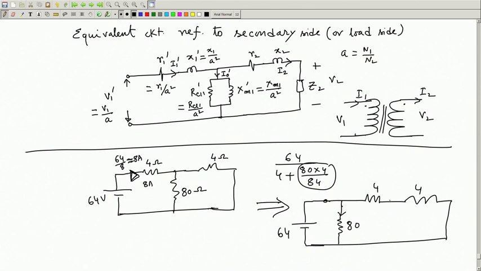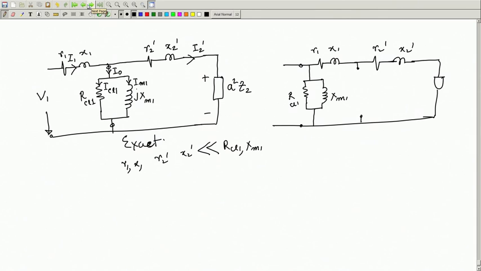Why? Because this current I can easily calculate, 64 by 88, and this current whatever it is, 64 by 80. These two can be added, series parallel business goes, and still you will be very close to the correct value, what I am telling. They will not be exact, I agree with that. So, with that, keep in mind what exactly we are doing with this circuit, then you will get pleasure.